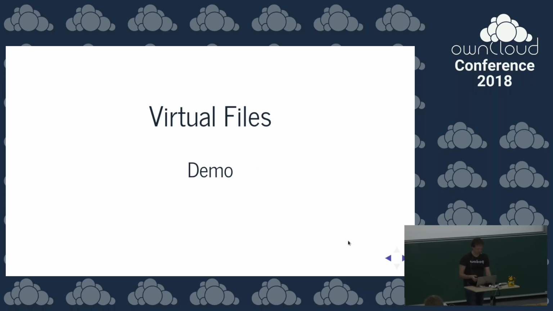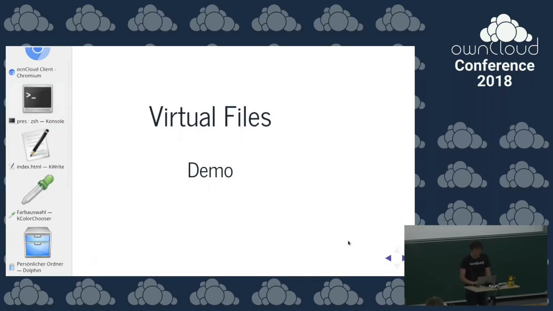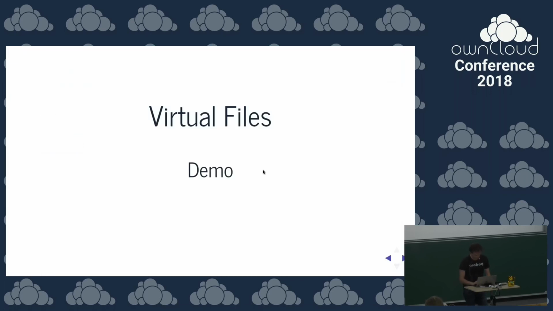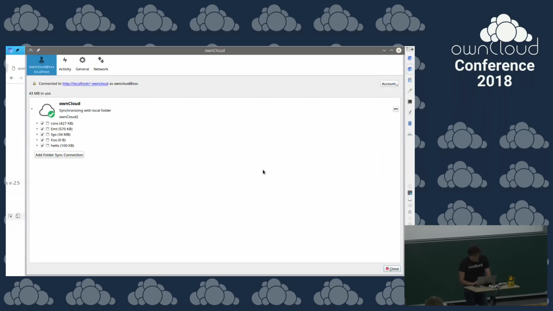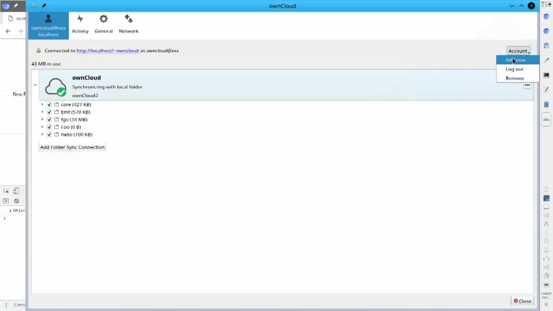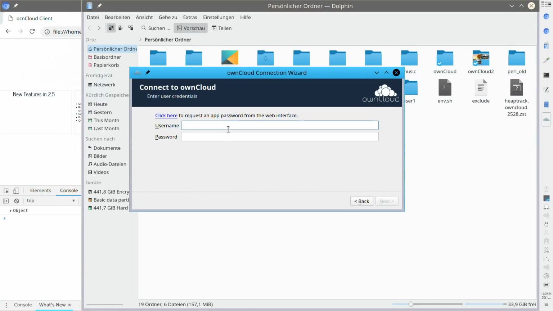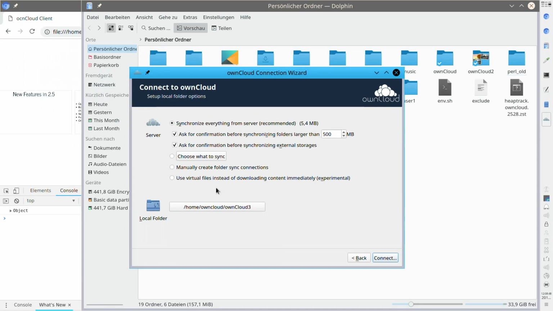So in order to better explain the feature, I thought maybe we can show it live. So let's create a new account. And there is a new checkbox here.